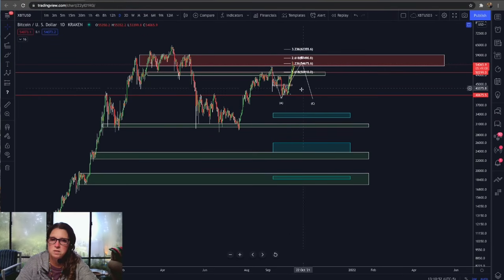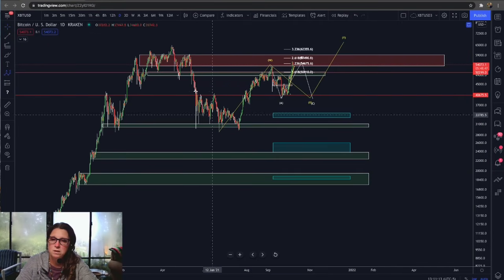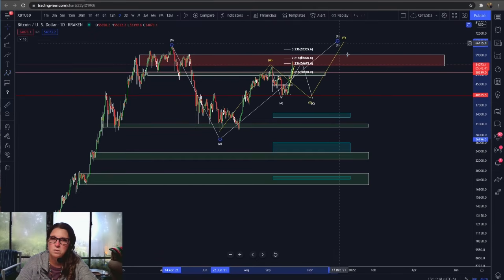because if it does this, I will be looking at the count as a potential three-wave W, three-wave X, and then we're going to go up for three-wave Y. Most likely breaking the high. That would still be corrective, which would mean we'd still get our partner A, B, and then we would get this C wave to the downside. That would either make a running flat, never break this low, or it could come down for expanded flat.